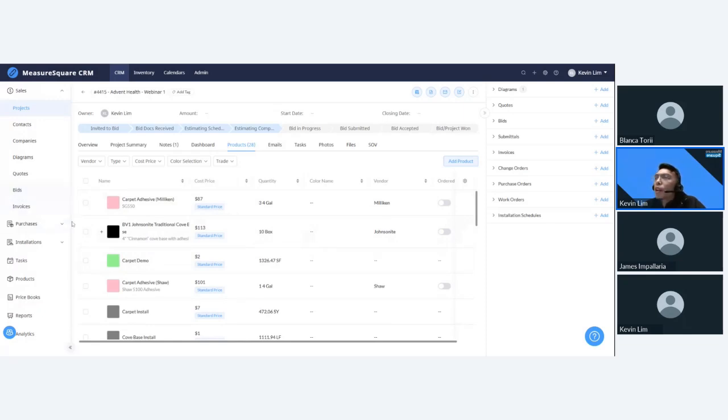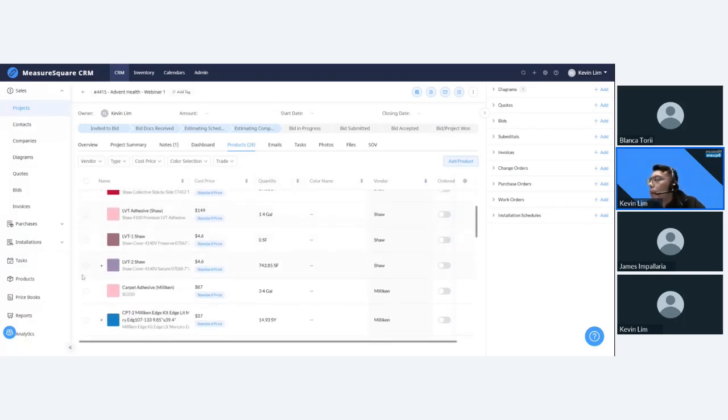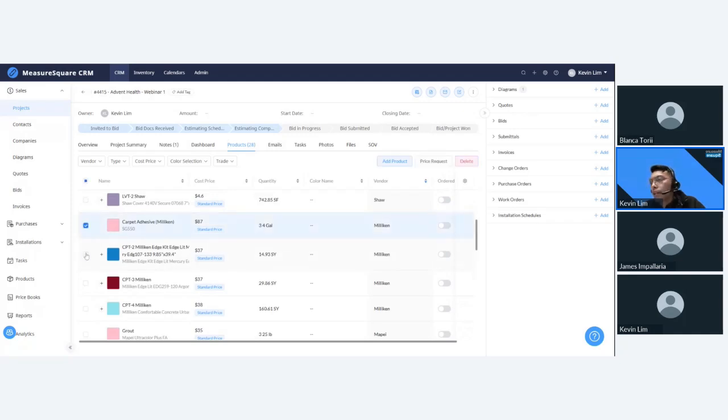So next up, we'll discuss how to send out a price request. So if I select a product over here, I can now send a price request easily. But as you know, price requests are typically sent out by vendor. So it would be easier if we filter all our products by vendor. Let me select my products from, let's say, a Milliken vendor. So once I've selected them and I select price request,